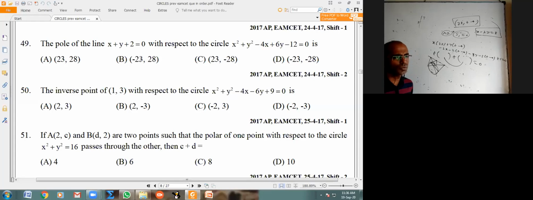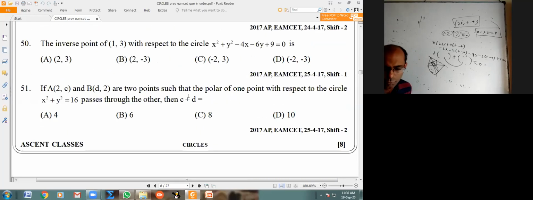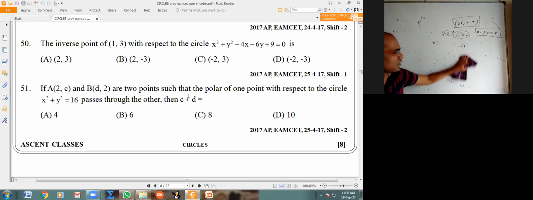For finding the pole, you don't have to remember any formula. If you want to, you can remember some formula. But otherwise, take each option to S1 equal to 0, whichever gives the question. Okay. What is inverse point? I'll explain in detail. Right now, I'll just tell one small thing only.